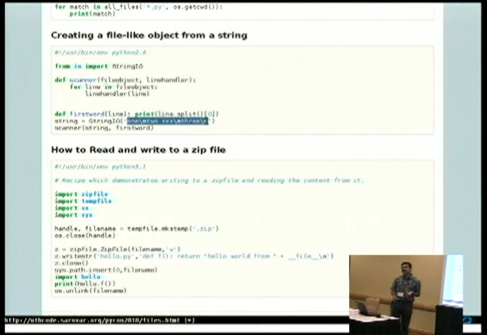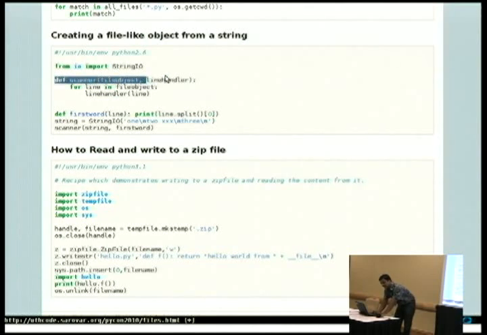To test it as a file-like object, I have defined a function by the name of scanner. The scanner takes a file-like object and takes another function as a line handler. On the file-like object, I iterate over the contents of the file: for line in file object, I pass on the line handler function. What it is doing is splitting the line of a file into 2 parts and then printing the first part. Following it? So when I execute this function,